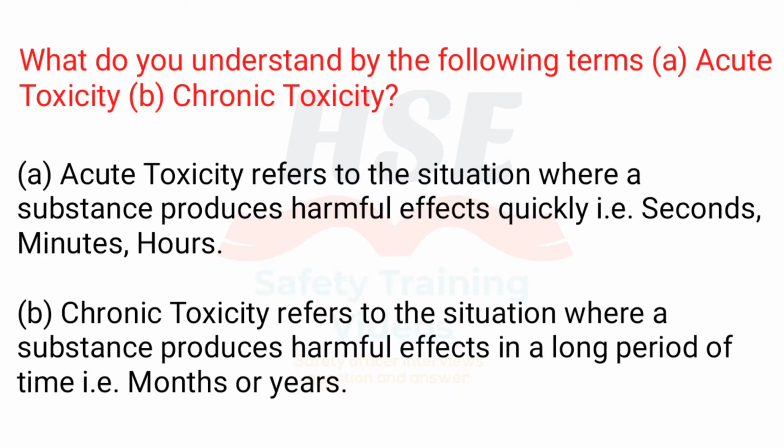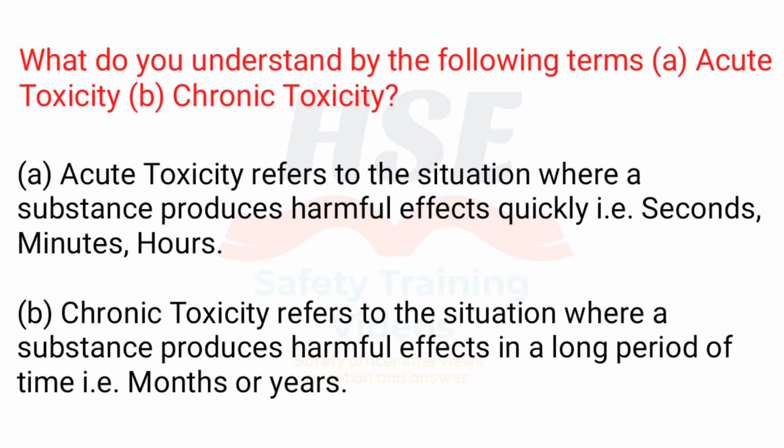What do you understand by the following terms? A. Acute toxicity. B. Chronic toxicity. A. Acute toxicity refers to the situation where a substance produces harmful effects quickly, that is seconds, minutes, hours. B. Chronic toxicity refers to the situation where a substance produces harmful effects in a long period of time, that